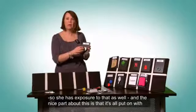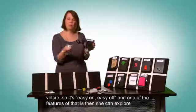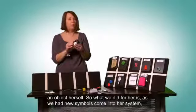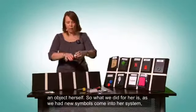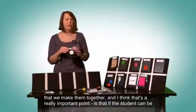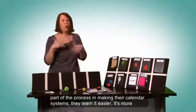And the nice part about this is that it's all put on with Velcro, so it's easy on, easy off. One of the features of that is that she can explore an object herself. So what we did for her is that as new symbols came into her system, we made them together. And I think that's a really important point, is that if the student can be part of the